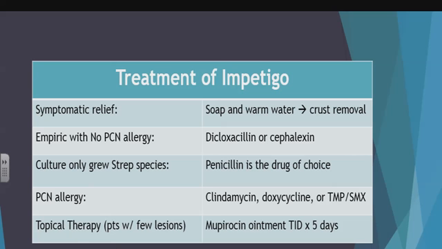Topical therapy would be indicated in patients with few lesions. Mupirocin ointment, you would do this 3 times a day, for 5 days. So it's actually a shorter duration. And again, these are going to be a little bit more milder cases that you're going to use the topical for. And oral therapy is definitely preferred in patients with numerous lesions or in outbreaks that affect several people, like